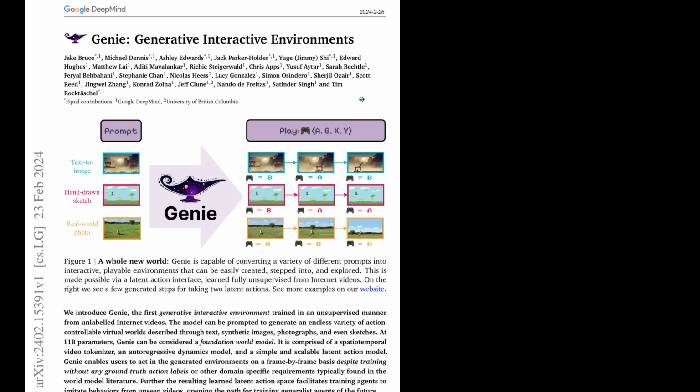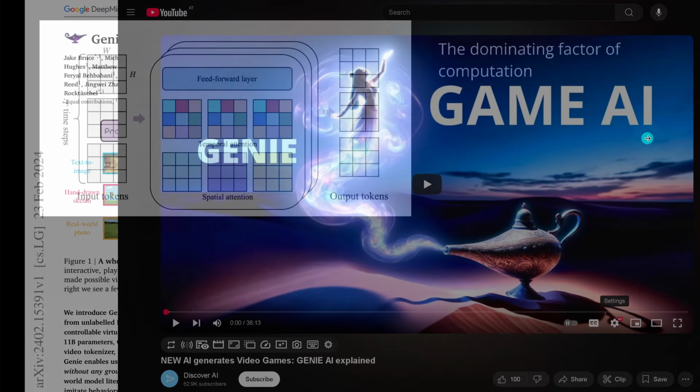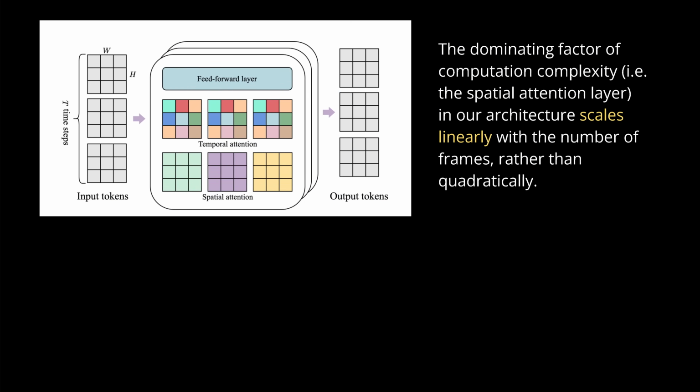Now you might say, okay, what kind of transformer architecture are they using? Do they develop a new transformer architecture? Unfortunately, no. They go back to Genie. And you know, this was from the end of February 2024. This was a paper by Google DeepMind and the University of British Columbia, and it was a really fascinating paper. And you know why I know this? Because I made a video more than a year ago exactly about Genie, and I explained in 38 minutes all the technical details of Genie. So now we use this kind of transformer.